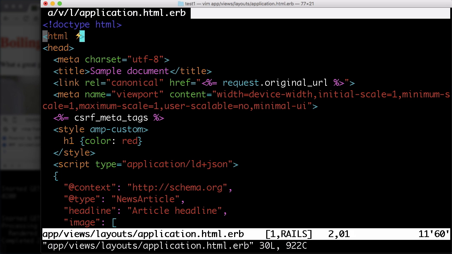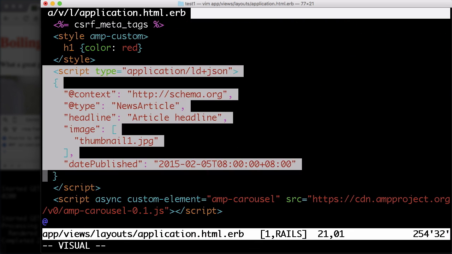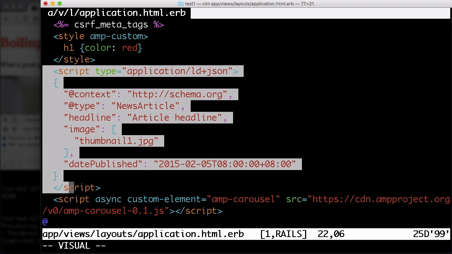But we have to change it a bit. This part here is a schema description of the content, but it doesn't make any sense to have one schema description in the application HTML ERB. We would prefer to set that in the index HTML ERB file. So let me delete it. Let me delete it here